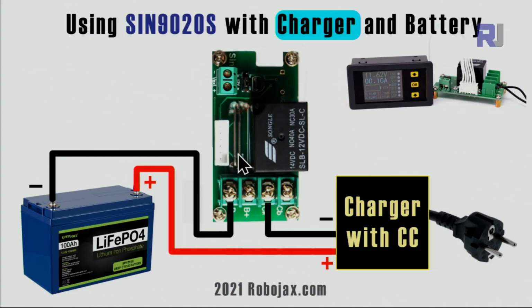Now let me explain the wiring. For the device, we can use your battery with a charger, or we can use your battery with a load. Now let me explain this charger. For the charger, from the positive of the battery, you just connect a direct wire to your charger, and then